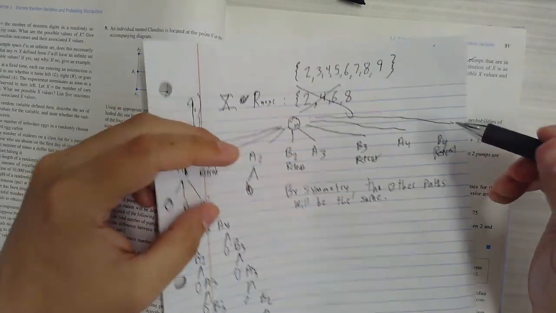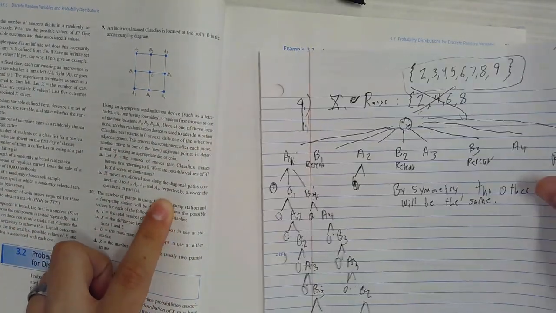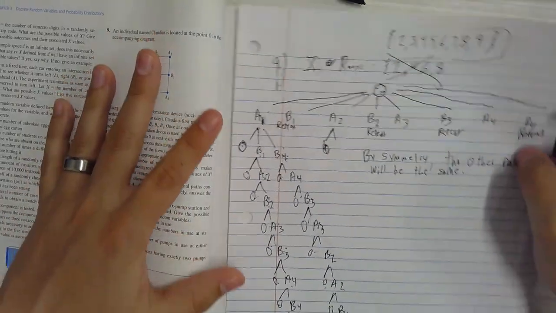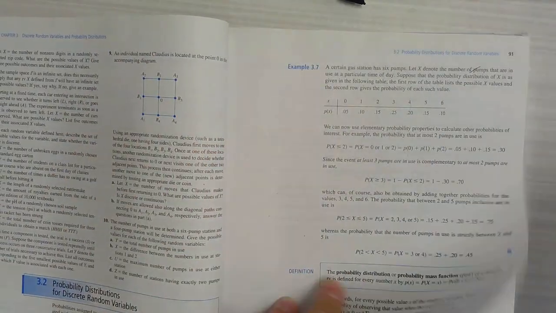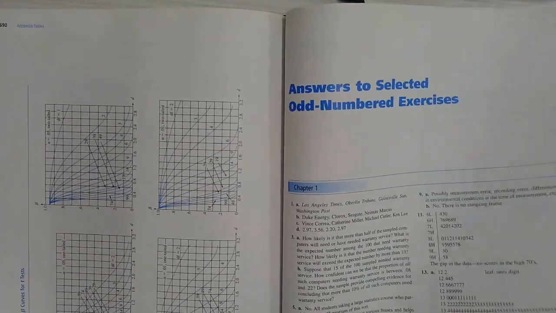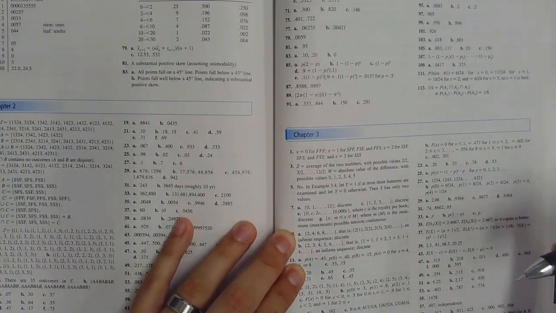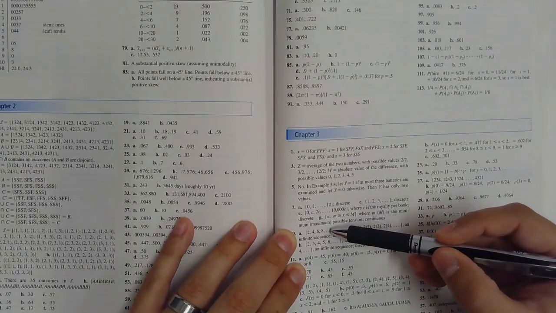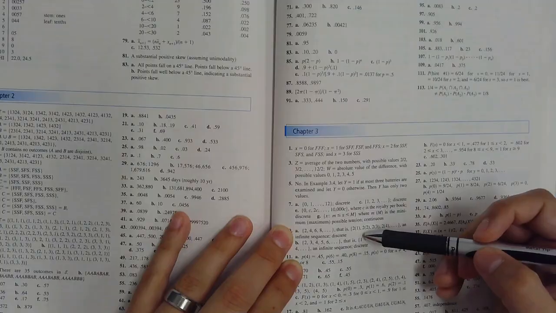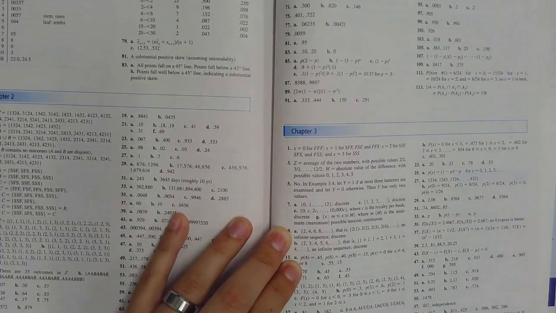Alright, so the answer to number 9 is this, right. So we're going to double check the answer in the back of the book. So this is number 9 of chapter 3.1. Okay. So 2, 4, 6, 8. That is 2, 1, 2, 2, 2, 3. Well, it looks like we got it right,